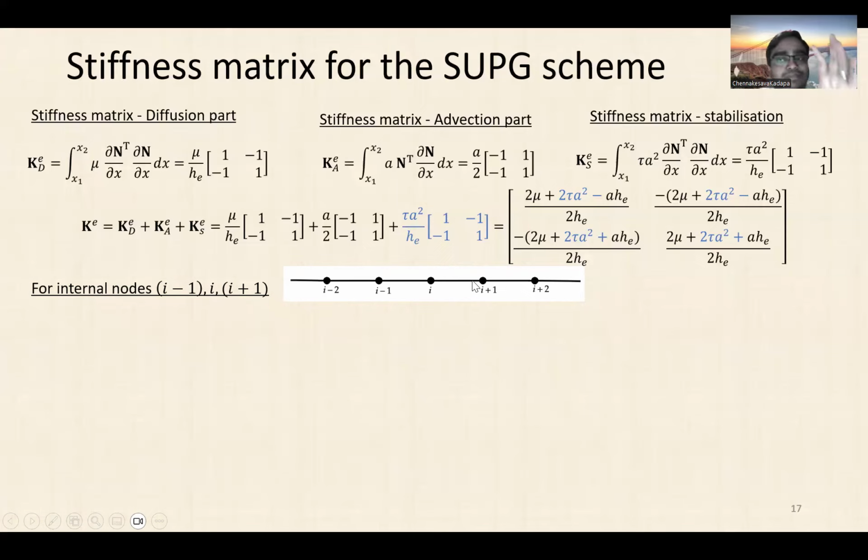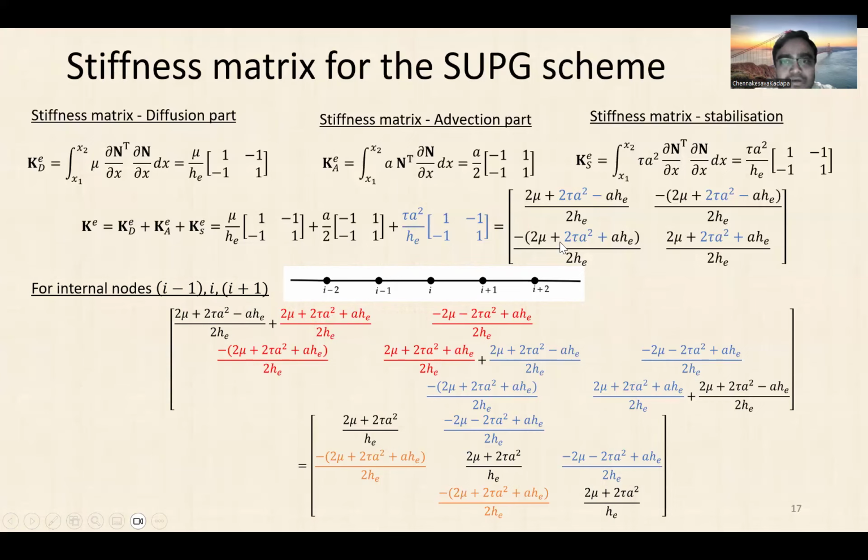We look at the rows I minus 1, I, and I plus 1, and the columns I minus 1, I and I plus 1. Okay, we look at the 3 by 3 block of the global stiffness matrix, and this is how it looks. Now, this is our element stiffness matrix. So these four terms go into